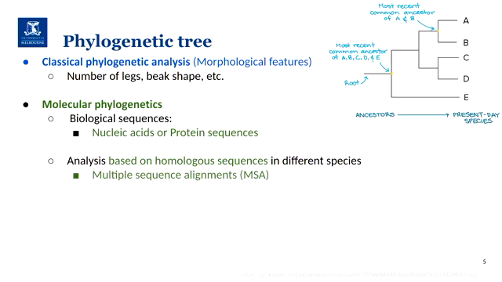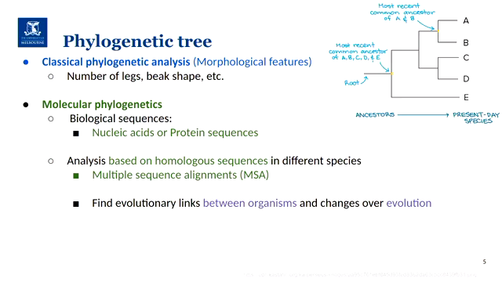And then we can identify this information. So the main source of information for phylogenetic analysis these days is multiple sequence alignments, even though they are not the only one. And we'll discuss alternatives today. And so with that information, we can try to find evolutionary links between organisms and what were the changes